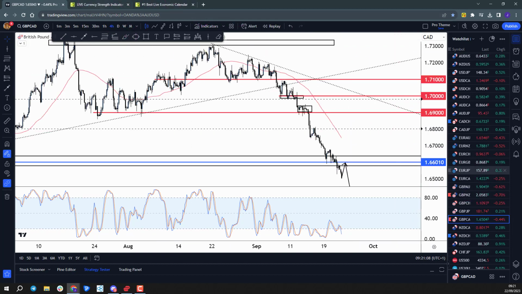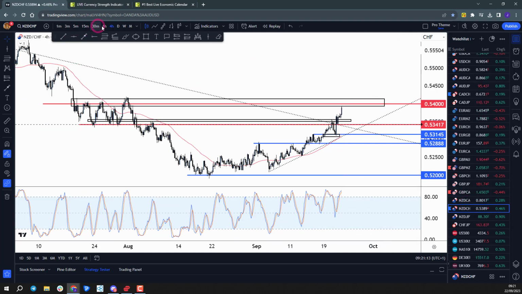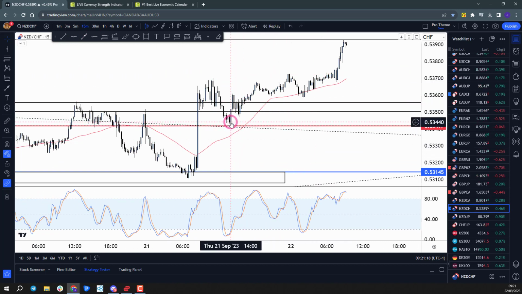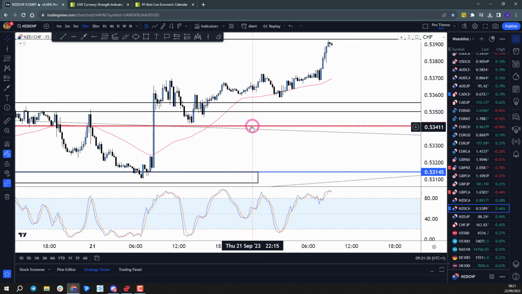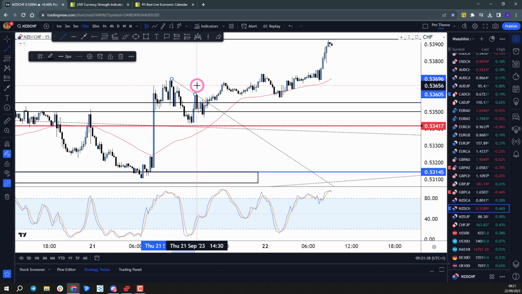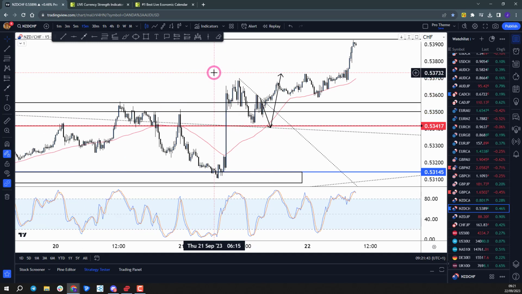Going on to the other charts of interest then. We actually looked at Kiwi Swiss long yesterday, and price missed my alert by about 2 pips. I was watching it on a 15-minute time frame, and we got very, very close to our alert, which I've got in as 0.5341, so it was a little bit ahead of the alert that I actually posted. Now, when I started to see this pullback, I was very interested to see price come all the way back down to our alert and then look for the move to the upside.